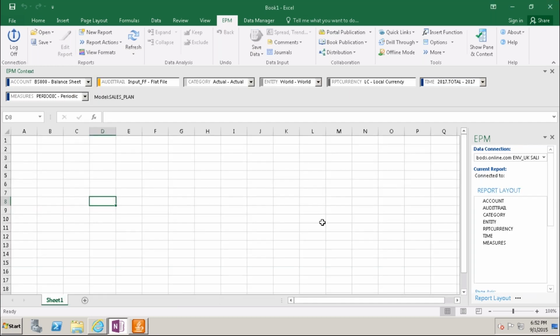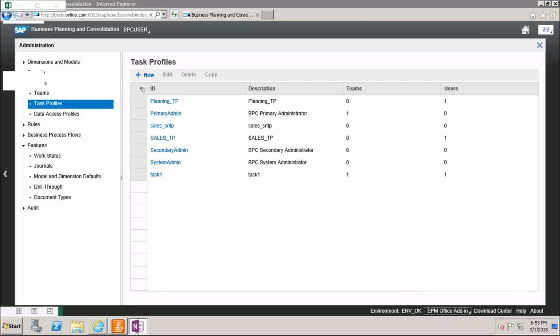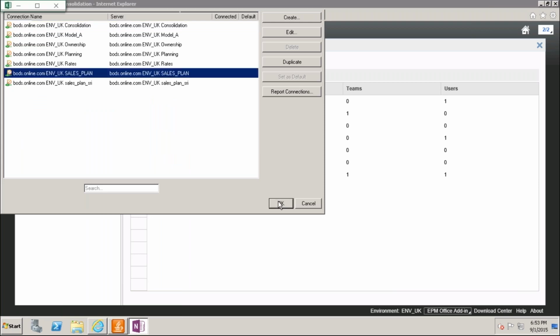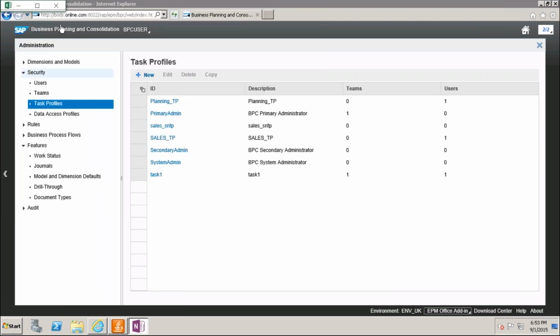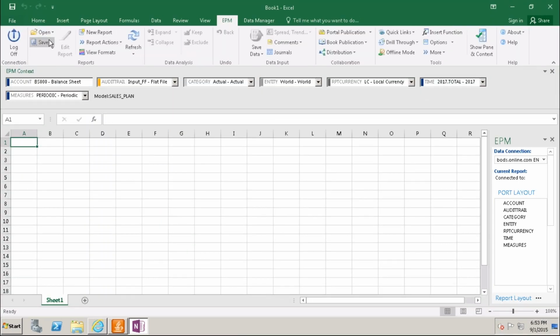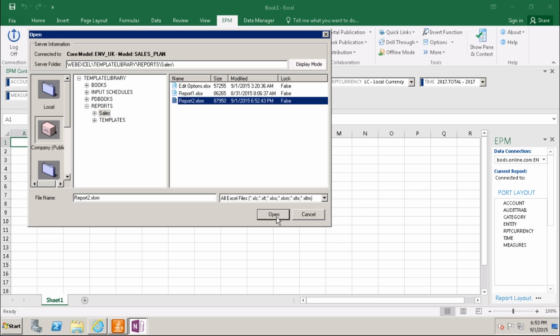Closing this report now, and here also I'm closing. Now again I'm opening because I have provided the access to journals, so I need to open it. Click here, APM, open the report, reports, sales, report 2, open.